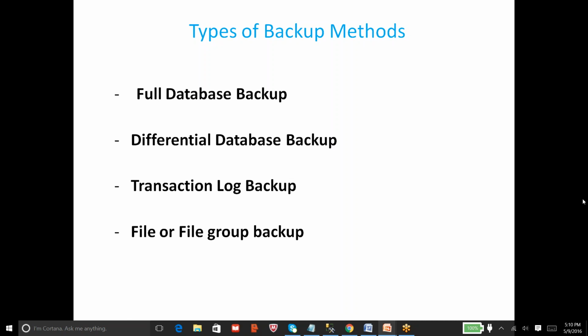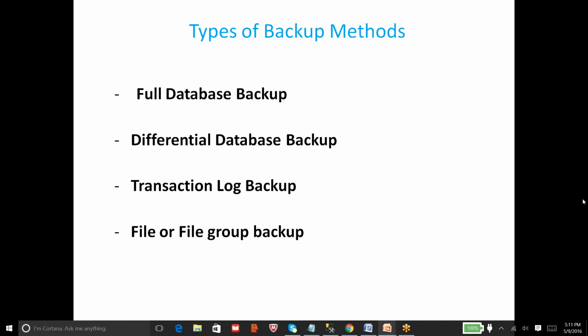So differential backups, we can call them cumulative. They keep on increasing. Let's say I have a database of 10 GB and have taken a full backup on Sunday 6 a.m., and on Monday 9 a.m. have taken a differential backup. For the changes from 6 a.m. Sunday to 9 a.m. Monday, let's assume a user has inserted 100 MB of data, either inserted or updated or deleted. So the overall changes were 100 MB on the database. When you take the differential backup at 9 o'clock, your differential backup size would be around 100 MB.